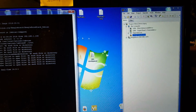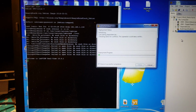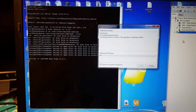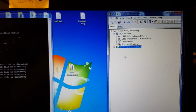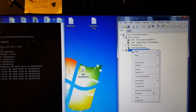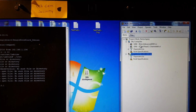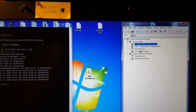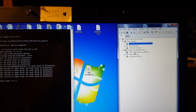And to verify that, I will go back over and I will try to connect to the BeagleBone. And this time it does connect. And one way you can tell is it's got a little green light right here in this corner. And it has connected. So the first thing we're going to do is I'm going to move this blink VI down,